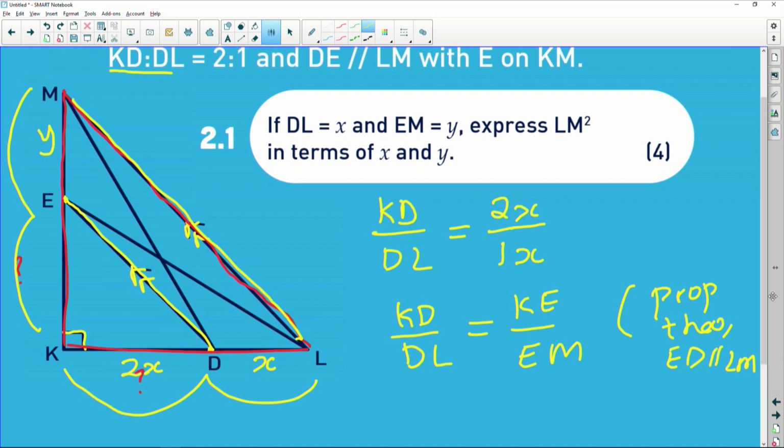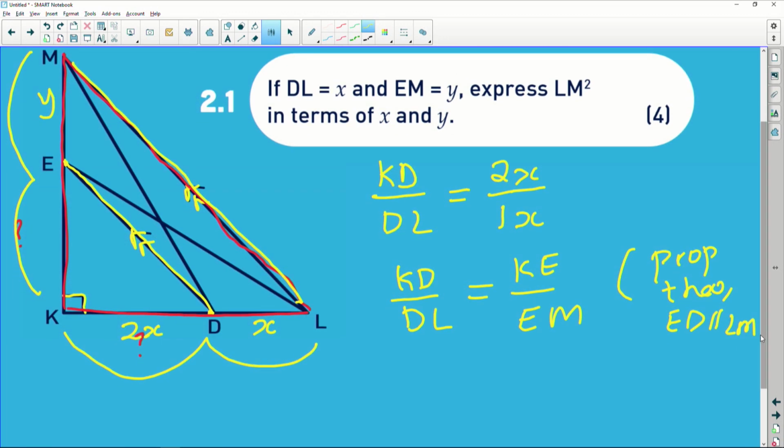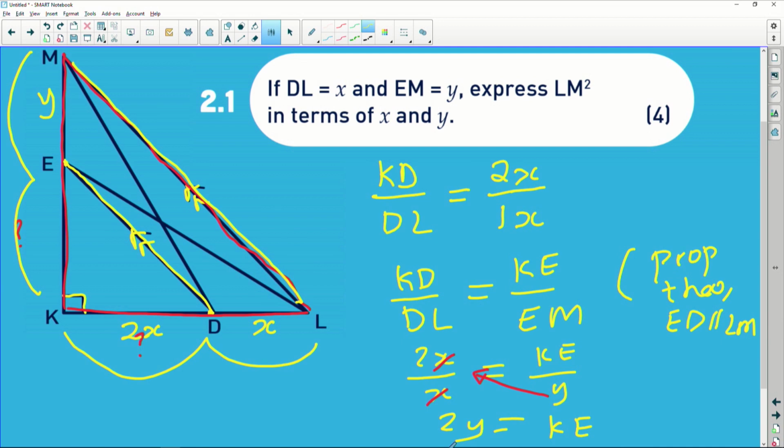Great stuff. So now we already know a lot of things here. Let's see, what do we know? Well, we know that KD, for example, equals 2x, so I'm going to sub that. We know that DL is x. Great. It's equal to KE, which is what we are looking for. And we also know that EM is given by y. So clearly, you will see that the x's will cancel out here. When you simplify by cross multiplying, your KE will eventually come out as KE equals 2 times y, which is 2y. So I'm going to put it there as the length of that missing side.